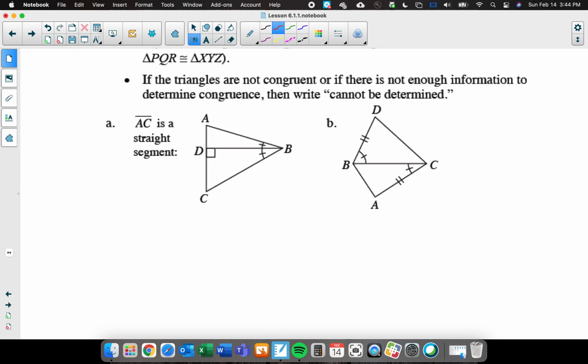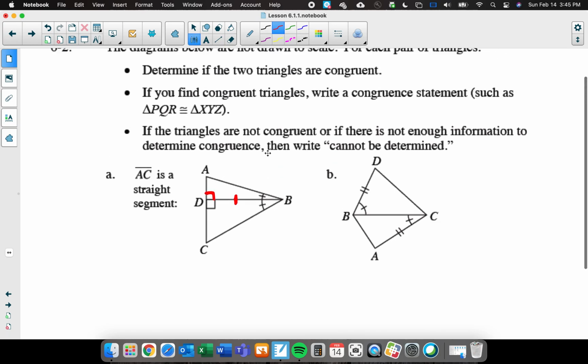So if we take a look at part A here, notice I've got one set of angles. And then I also know that this must be a 90-degree angle. If that's 90, because the total's got to be 180, they're supplementary. So there's my angle. I know they're similar. So the question is, do I have anything in here that could show me a 1-to-1 ratio? And because this side right here is a shared side between the two, we know that there is a 1-to-1 ratio in there. We're just looking for at least one piece to tell me that we have that